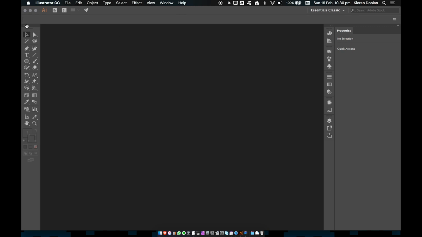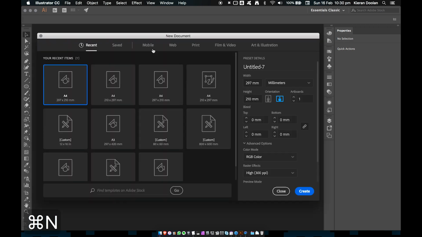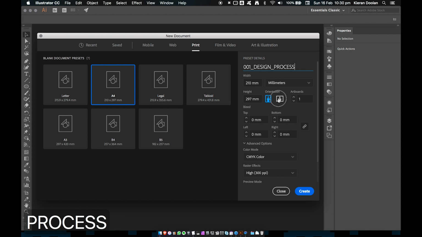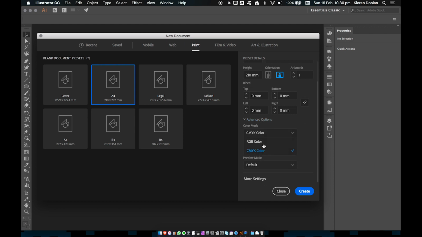Okay, beginning a very simple little design project. Starting up with a new document in Illustrator using the A4 preset. Looking at generating a graphic to illustrate the stages of a design process. It's going to look at landscape setting, A4, and also the advanced option to switch from CMYK to RGB mode